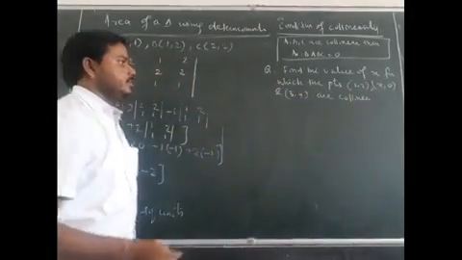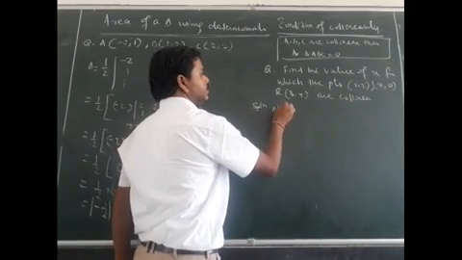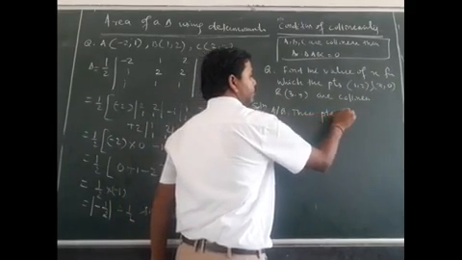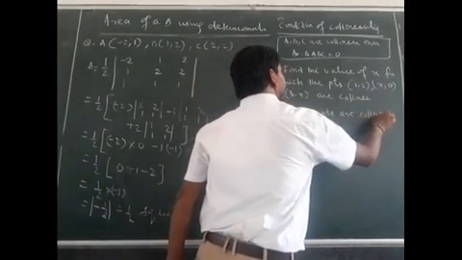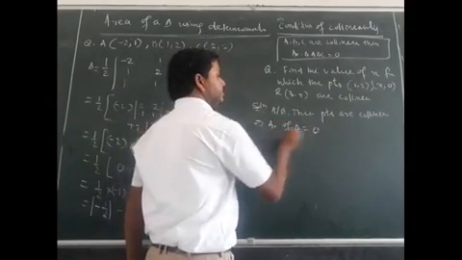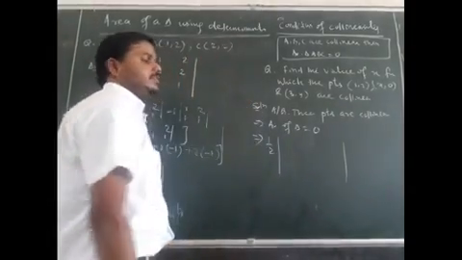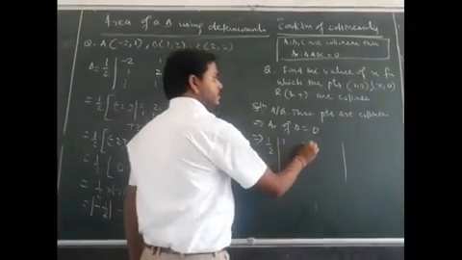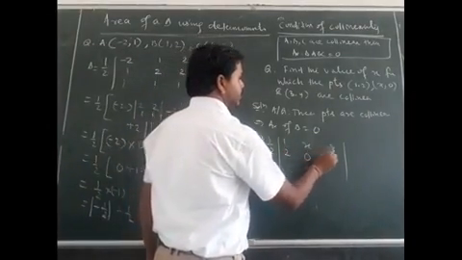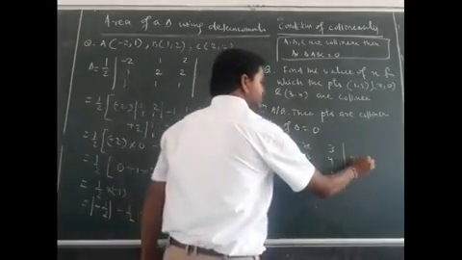Right? So let me solve this one. Here, according to the question, these are the points. These 3 points are collinear. If they are collinear, then area of triangle equals 0. Then for area of a triangle, write half. Then you write first all the x coordinates. This is 1, this is x, and this is 3. Then you write all the y coordinates, that is 2, 0 and 4. Then you write 1, 1 and 1. It is equal to 0.